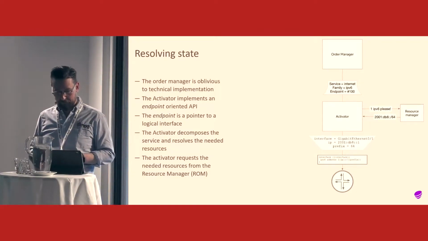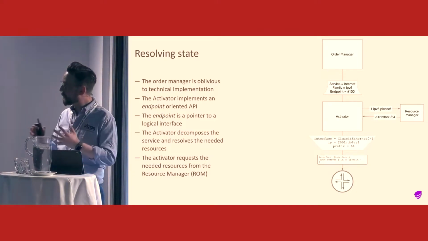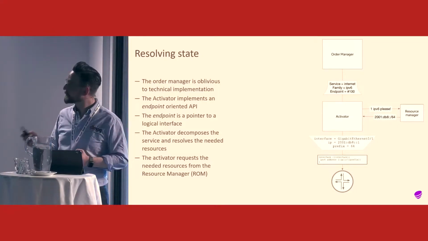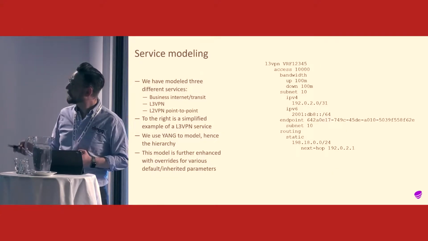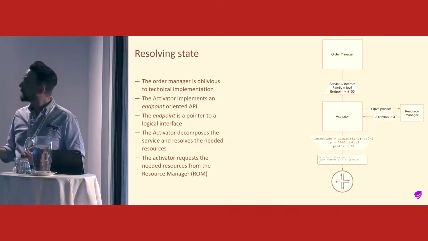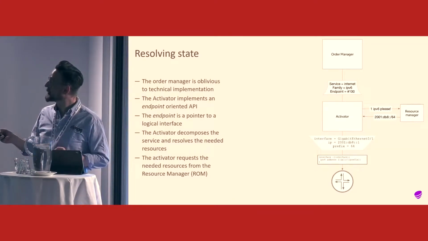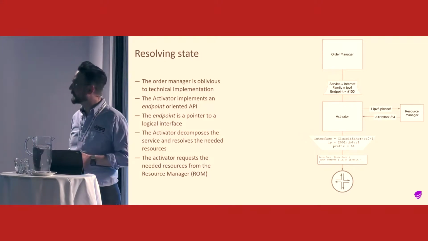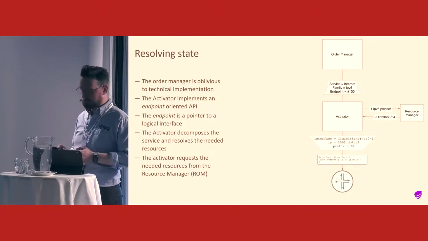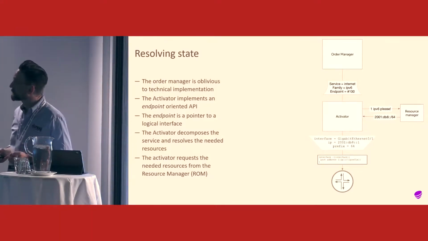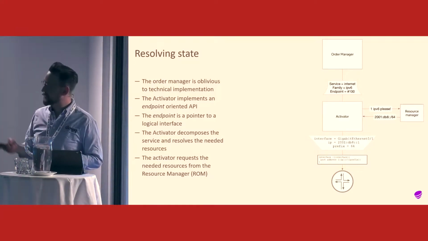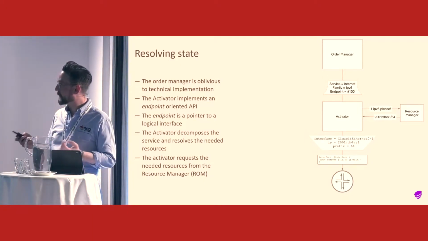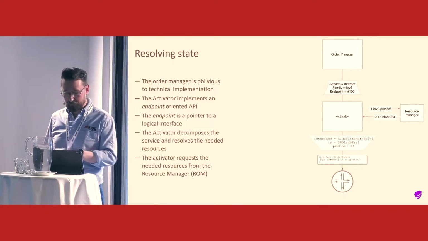provision the service. And this is really the core concept we need to take in order to scale this up. We're storing this blob here. This is actually our service configuration. This is a service graph, and this is the only information we need to store in order to produce the service. Then we can move it around and change the definition of this endpoint 100 to something else, and we can produce it somewhere else in the network. It might look different, but it still fulfills the original service intent.